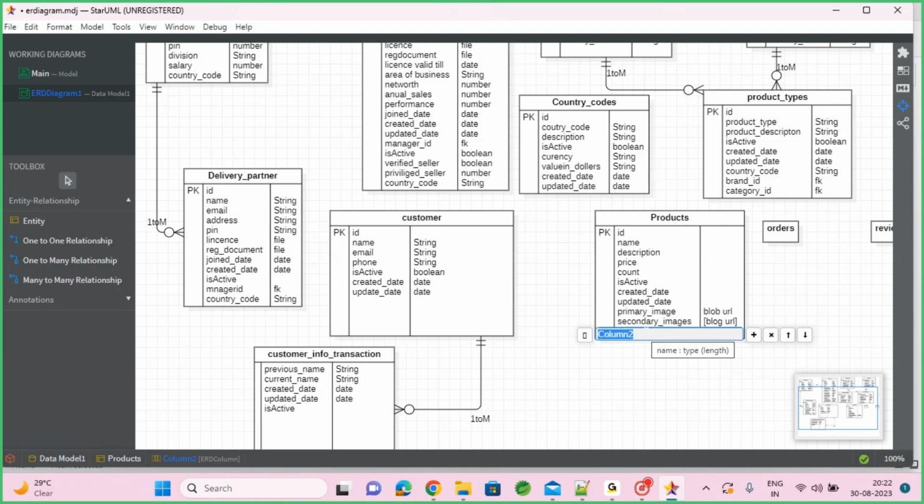Okay, and additional information. We will create it because a lot of JSON data I wanted to insert for additional information, right? JSON data I can even store here, but